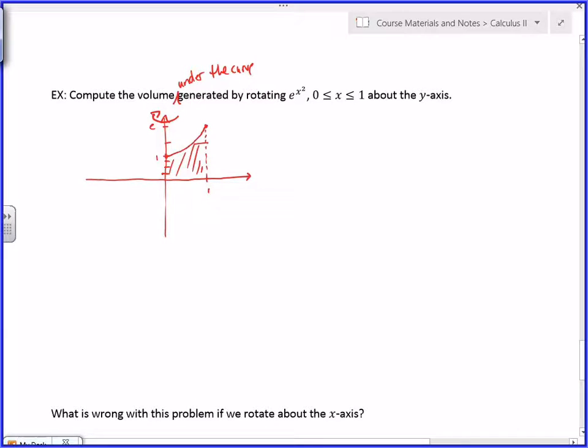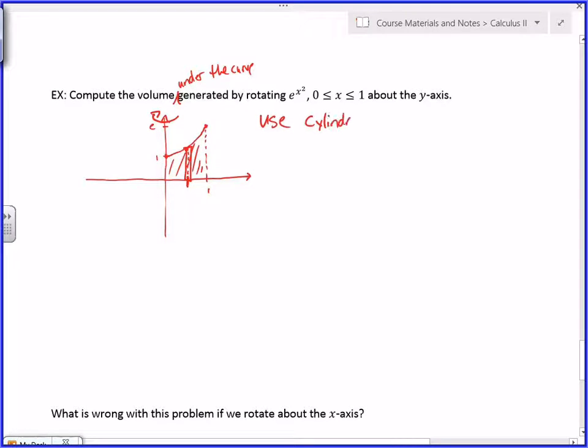It's just a solid cylinder from 0 to 1, and then it's a washer method from 1 to e, right? I could do it that way. In fact, I'll get the same answer if I just added those two volumes up. But it would be easier to do this as just one integral, because if I do it vertically and do a whole bunch of these boxes, notice as I go from 0 to 1, it's just a bunch of shells, all going from the same bottom up to the same function. So I'm going to use